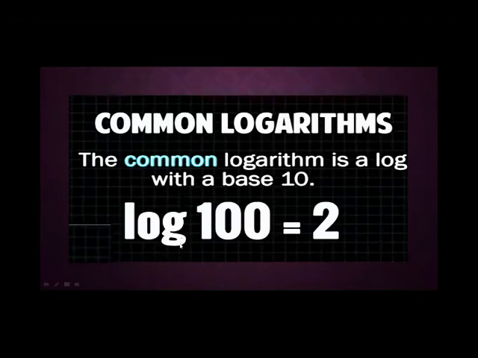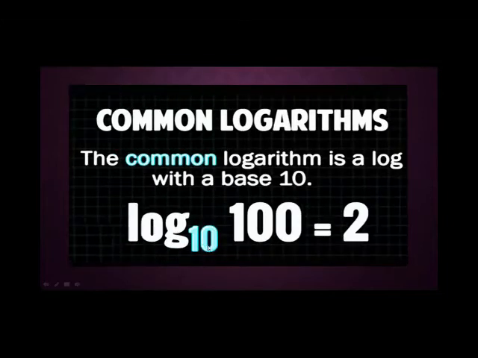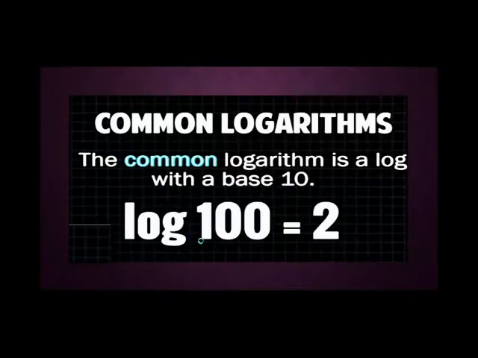Or in a common logarithm, if there is no base indicated here, in this example there is no base, but we know that it is 10, because a common logarithm is a log with base 10. In this slide and the previous slide, both are the same thing. Here no base is mentioned, but we know it is 10. Log base 10 of 100 is equal to 2, meaning when you multiply 10 two times, you will get 100.